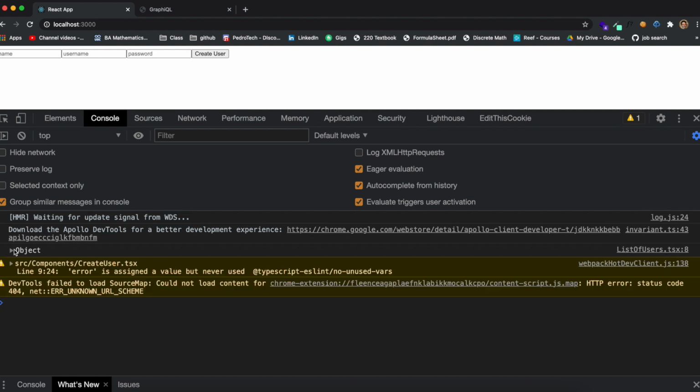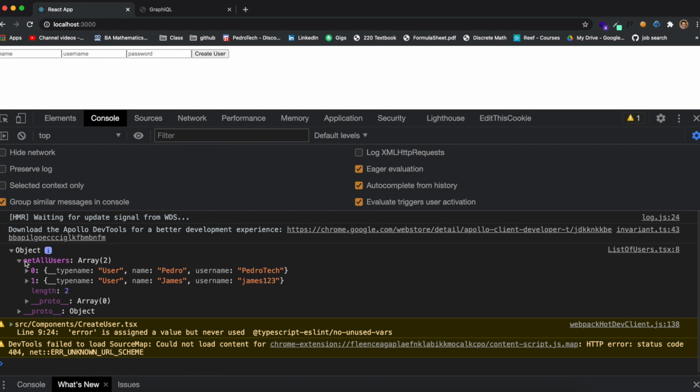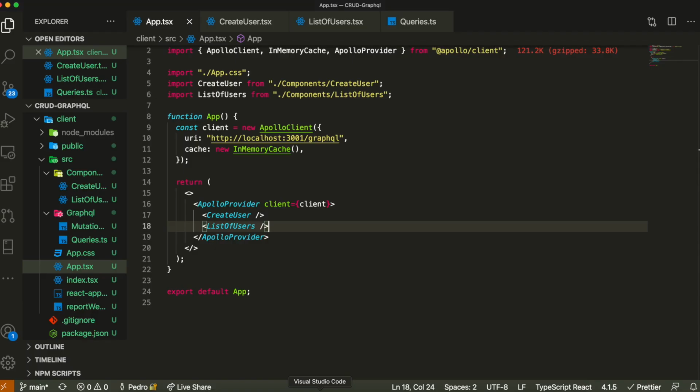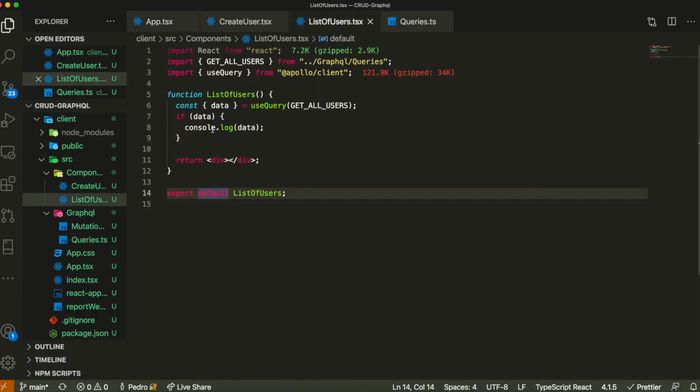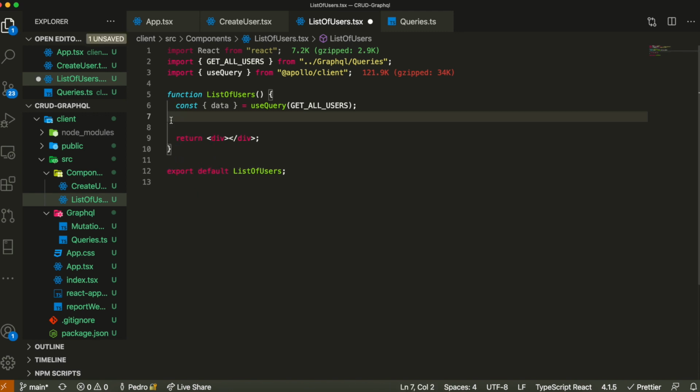But let's think about this. The data is actually an object, and inside of it, it has a property called getAllUsers. So if you want to display those users on our screen, we have to do something similar to this. We obviously only want to do this if data has arrived, because we don't know how long it's going to take for the data to arrive. So let's say, if data, then